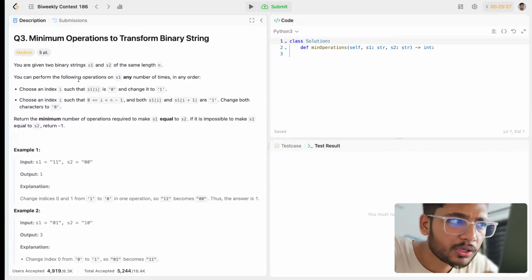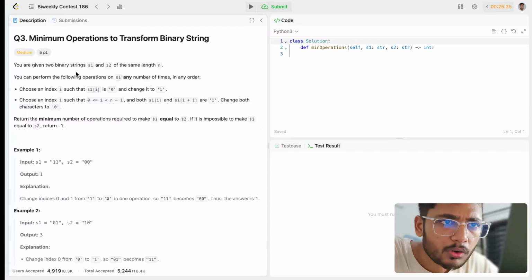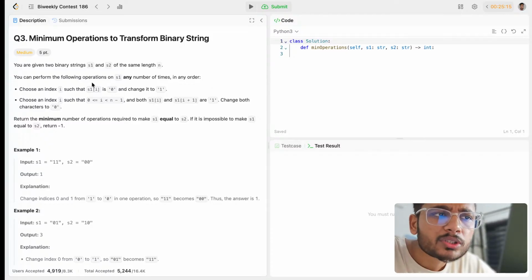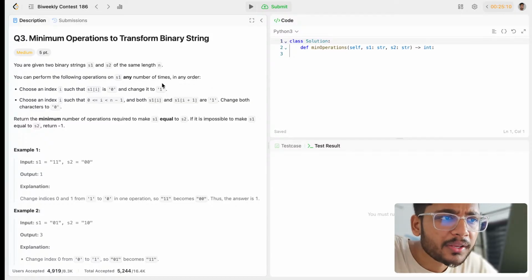Okay, good. You can perform the following operations on s1 any number of times in any order. Choose an index such that